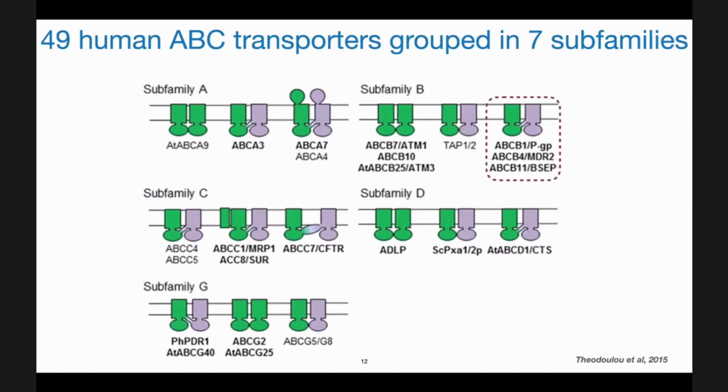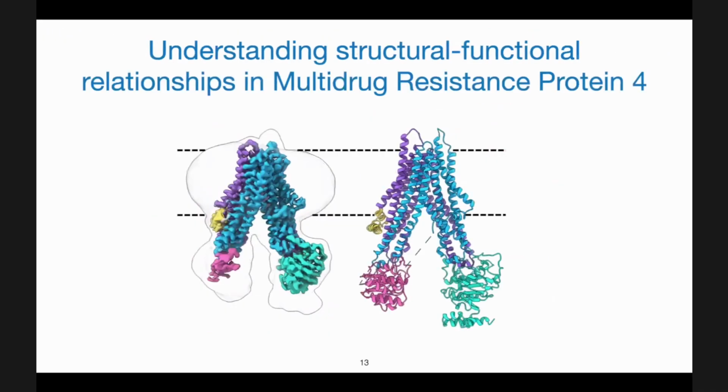And I mainly focused on ABCB1, the first member of the B family, and ABCC4, which is the fourth member of the ABCC family. So I will first talk about my work on MRP4, that's ABCC4, multidrug resistance protein 4, and then we will talk about P-glycoprotein. Like other ABC transporters, it also has 2 TMD domains and 2 NBD domains, and we do have the structures, and I will talk about those now.